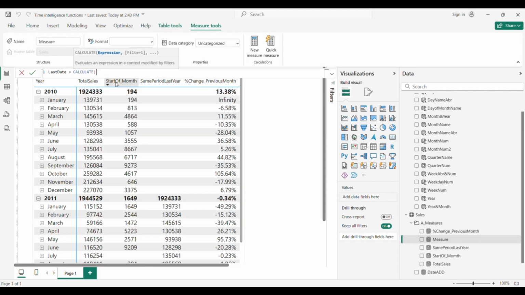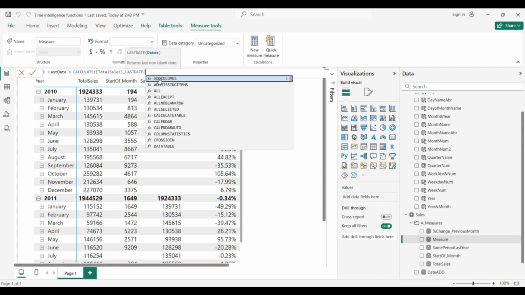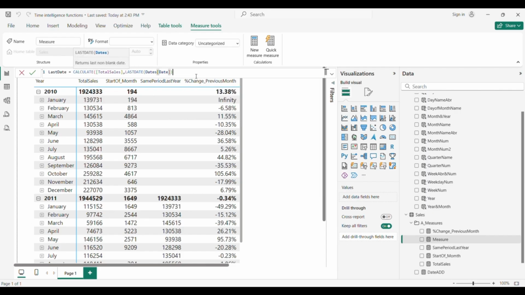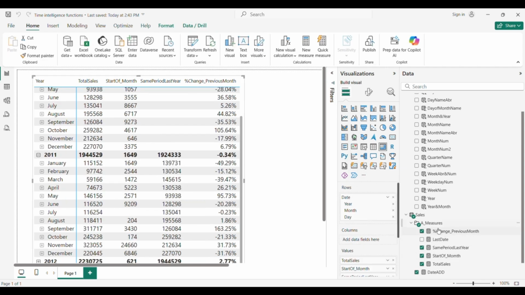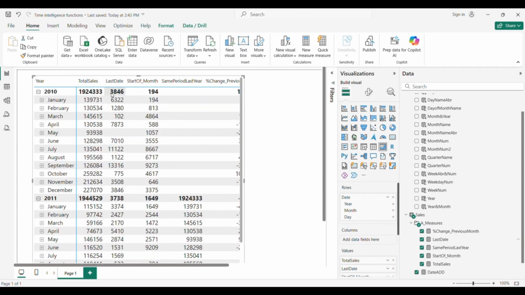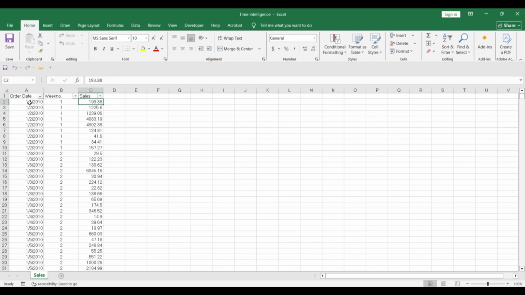Use CALCULATE as usual, total sales and last date, and we just need to enter the dates. We add again our measure, and for January we have 6.3K, February 1.2. So we can just check this easily in our Excel.